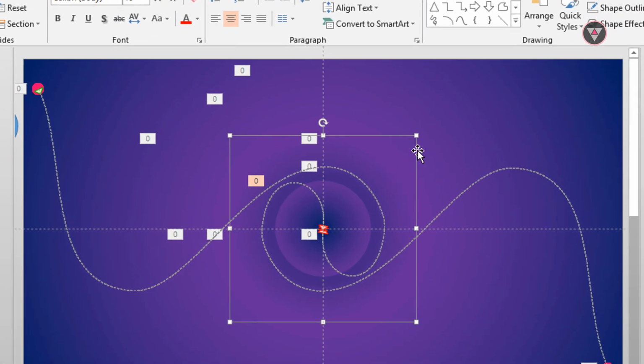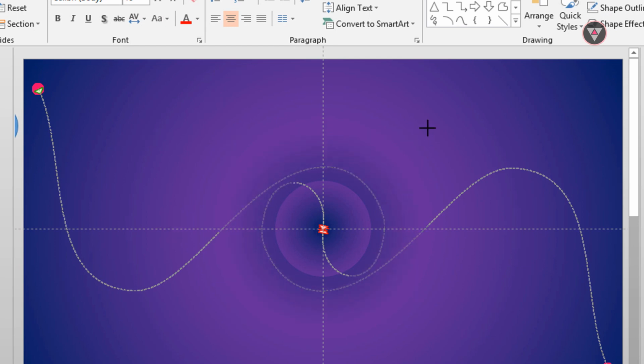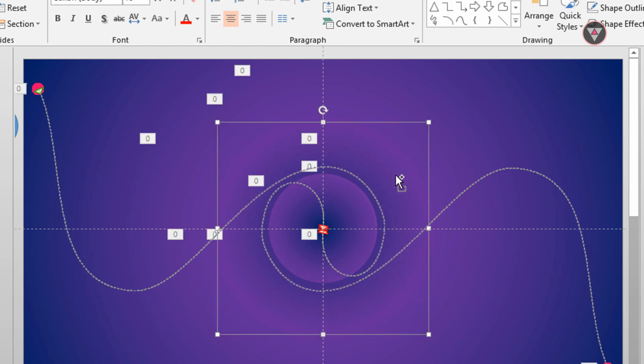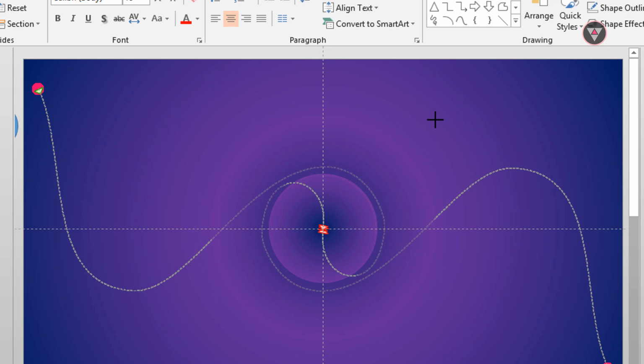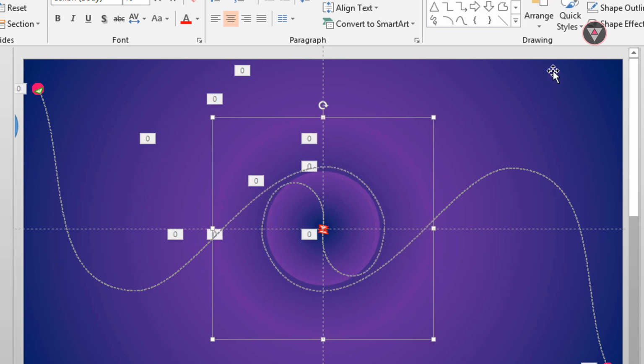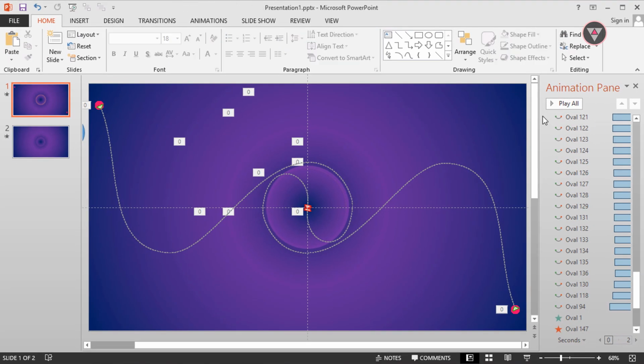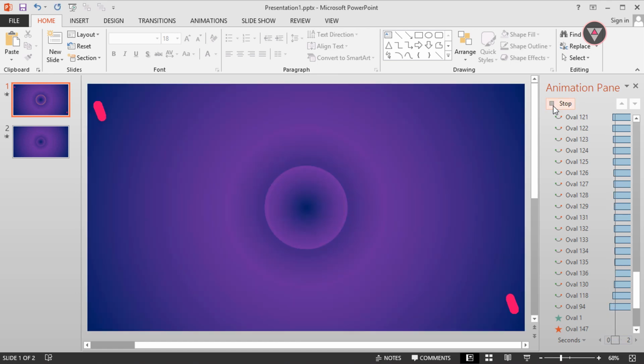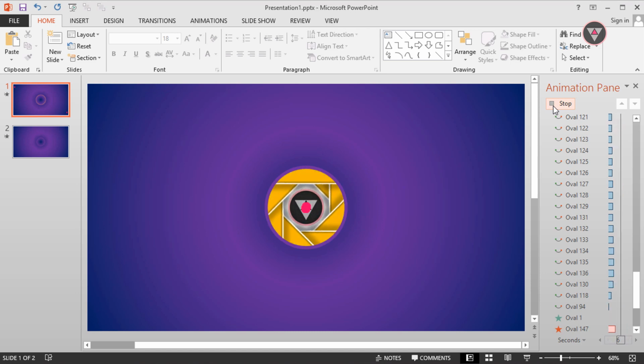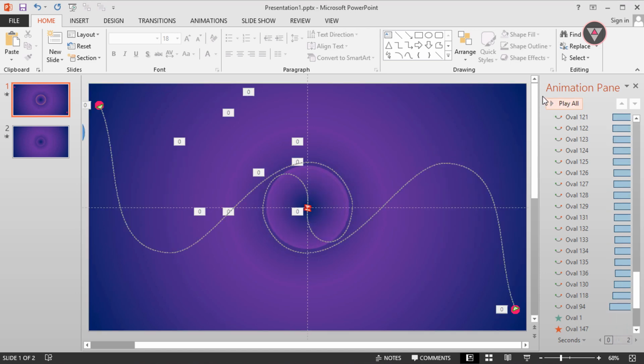We have to increase its size to make it perfect. There is a big fault. The red color is not hiding. We have to hide them.